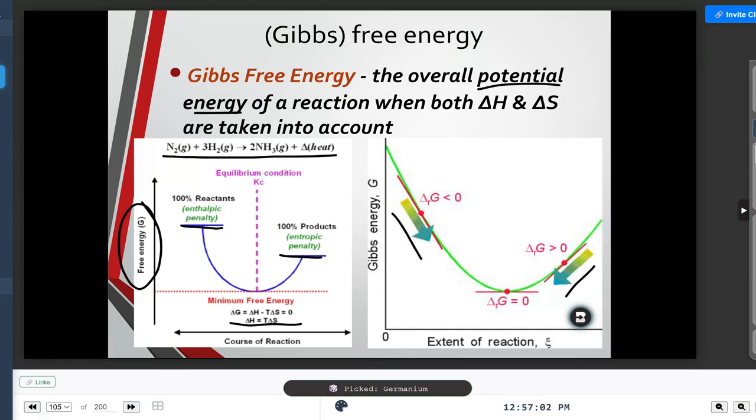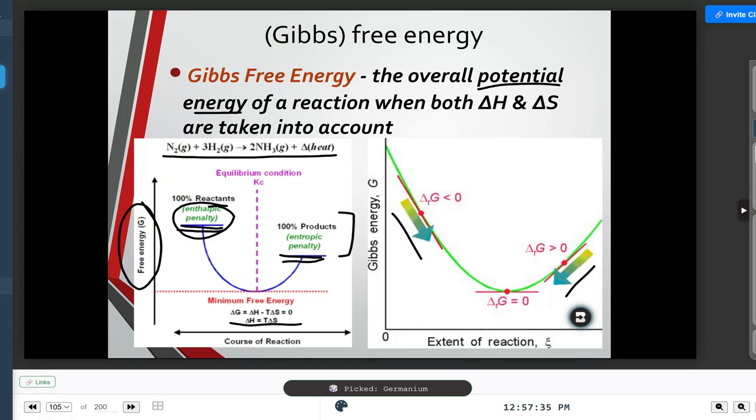Because what we want you to realize is that the reverse of the reaction can describe something just like the forward part of the reaction is describing something. So when I go from a place of higher potential energy here to lower potential energy here, then I'm giving off heat. So I've given off some energy in the space between those two parts, right? And I have done so by giving off enthalpy. Okay, so I have an enthalpic penalty, meaning I've given off energy in the process.